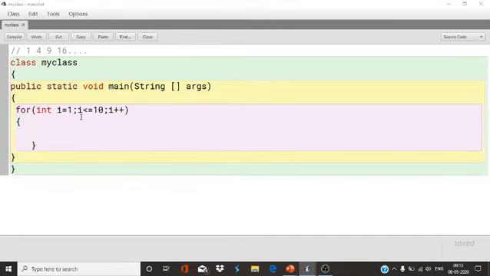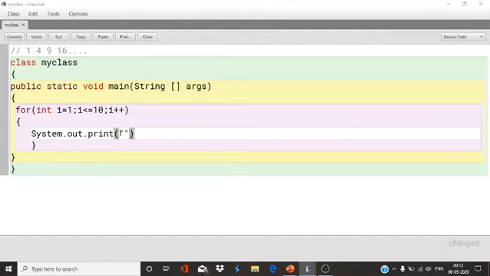Now what you have to do here: 1, 4, 9, 16. So what you have to print: System.out.print. What do you have to print?